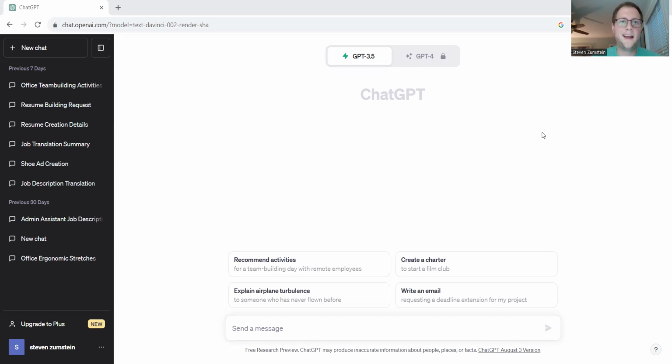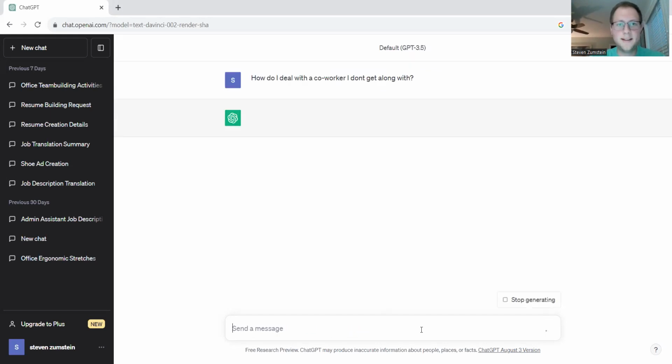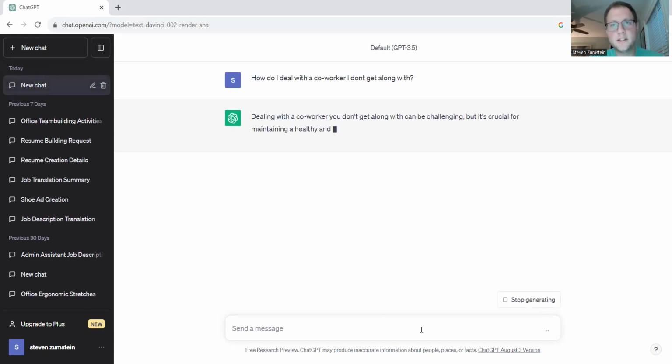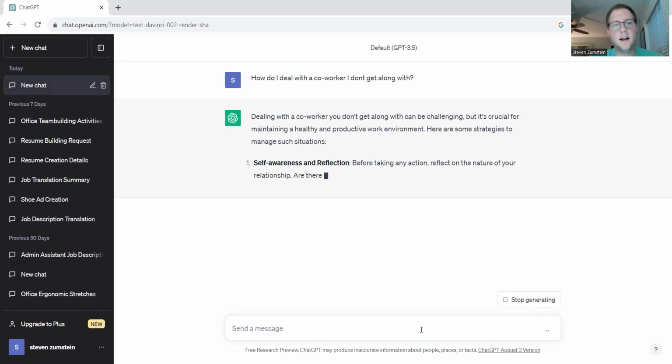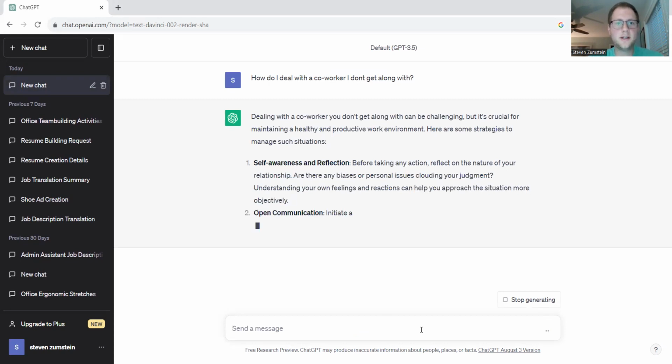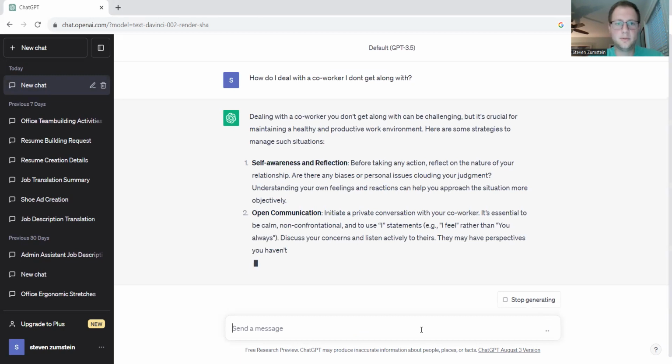To start learning about how to resolve conflict within the workforce, we're just going to type a simple command into ChatGPT. We're going to type in, how do I deal with a coworker I don't get along with? And that's really the root of most issues within the workforce. Someone might be in the wrong, someone might be in the right, but at the end of the day, two people just aren't getting along. So we'll go ahead and hit enter, and ChatGPT is going to start generating a detailed list of strategies